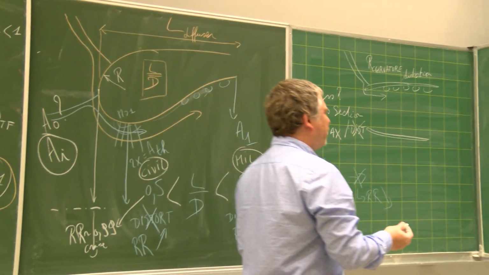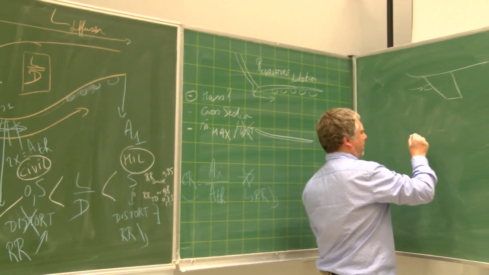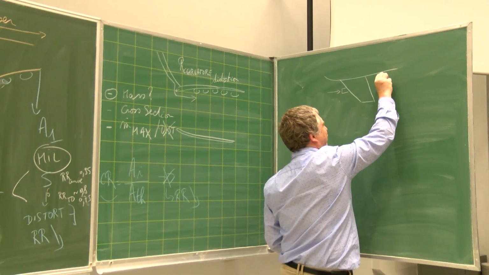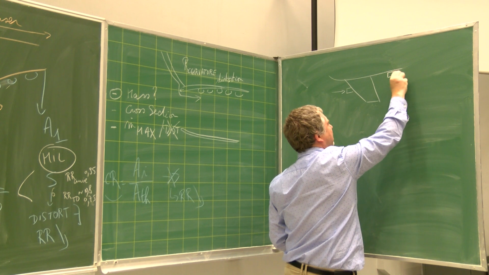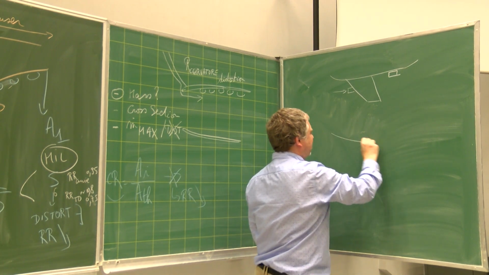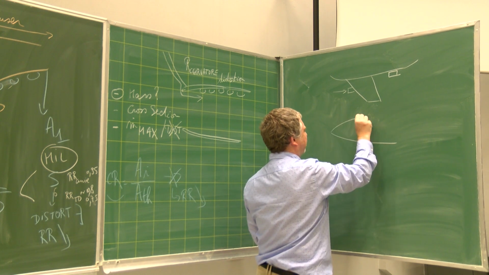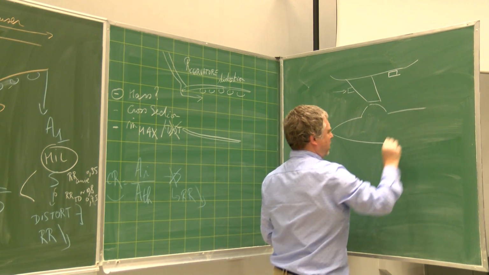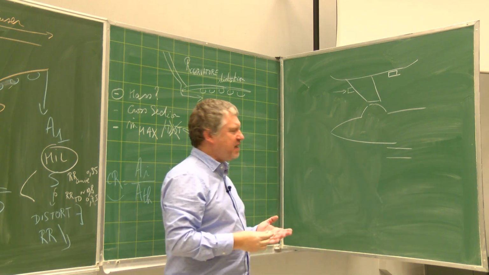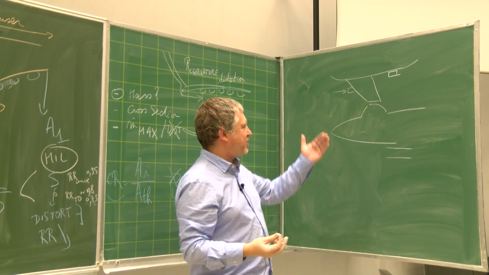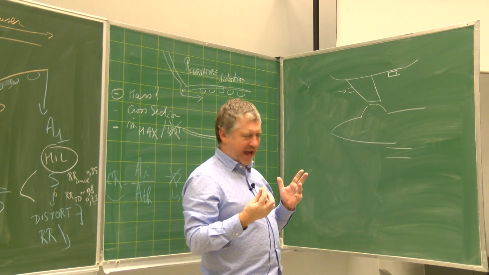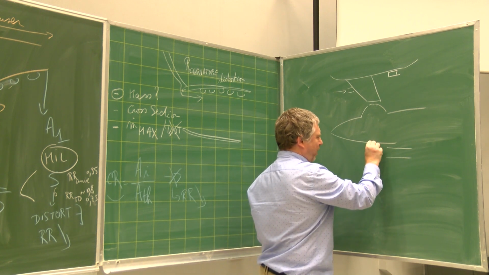But if you put the intake or the engine here, for example, near the fuselage, or if you put the intake under the fuselage, like in the F-16 or in other aircraft on the side of the fuselage, what will happen? You have here a boundary layer